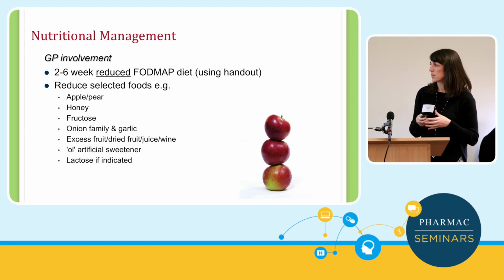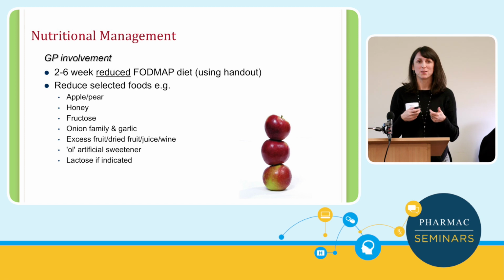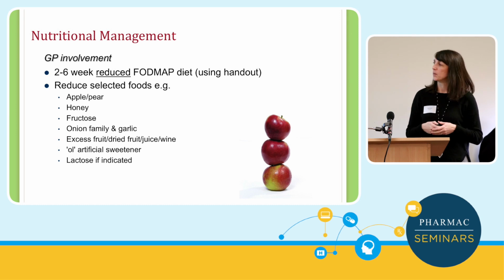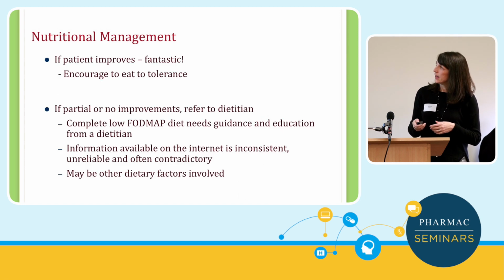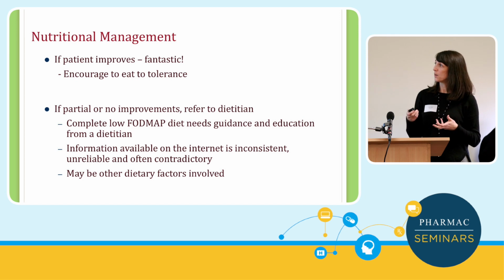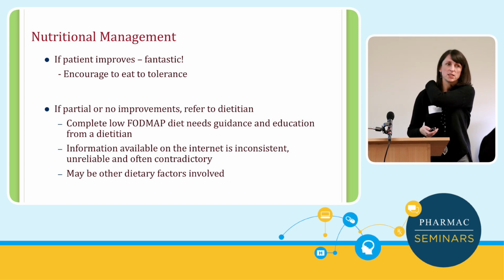I don't mind if lactose is reduced, because there are so many great lactose alternatives now. You have lactose-free milk, in some centres around Wellington and around New Zealand, and lactose-free yogurt. You're allowed cheese with no problems with lactose, because it has the lactose removed during processing, as well as butter. As I say, if the patient improves, that's fantastic, just encourage them to eat to tolerance. But if there's only partial or no improvement, we do refer to a dietitian, because